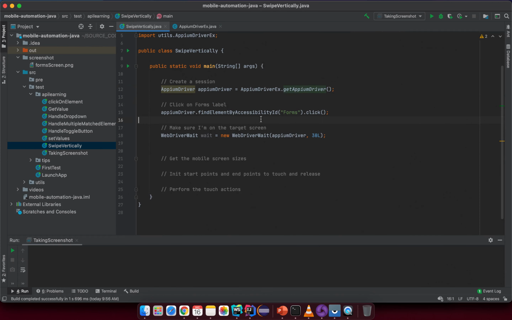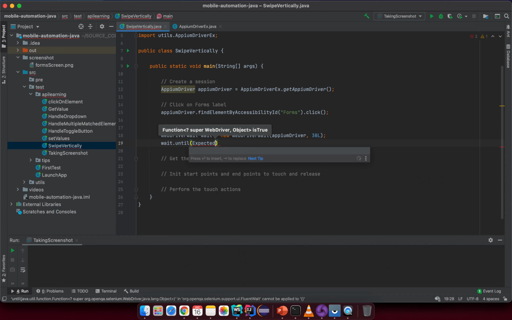Now, as a best practice, you remember we have some implicit wait here globally, but in this case, we will try to swipe on the screen. So as a best practice, if you try to interact on a new screen, but you do something that is not on an element on the page, the global wait will not be applied in that context. So that's why you need to specify a fluent wait yourself, and you need to define the rule yourself to make sure that you are on the target screen before you do some specific action on that. Okay. So here I will try to wait until